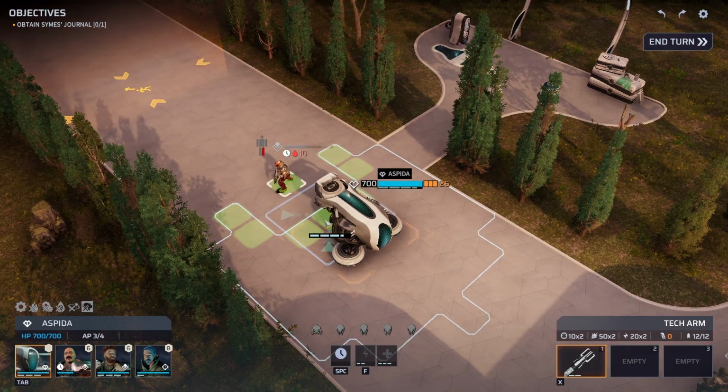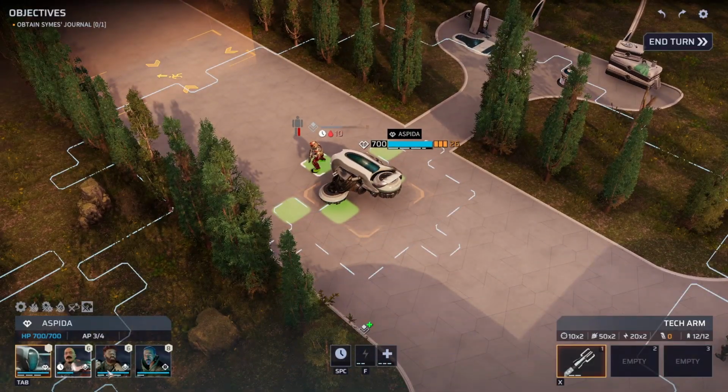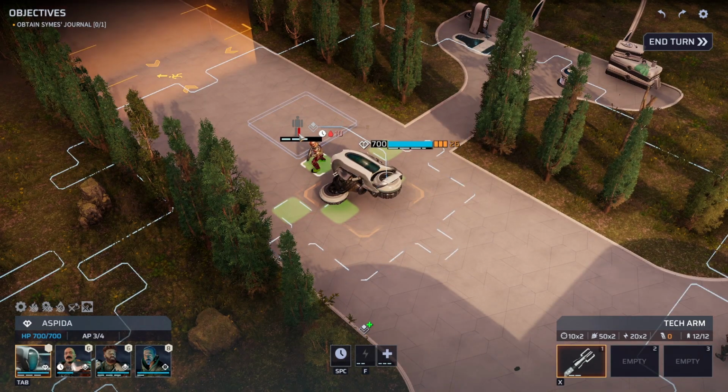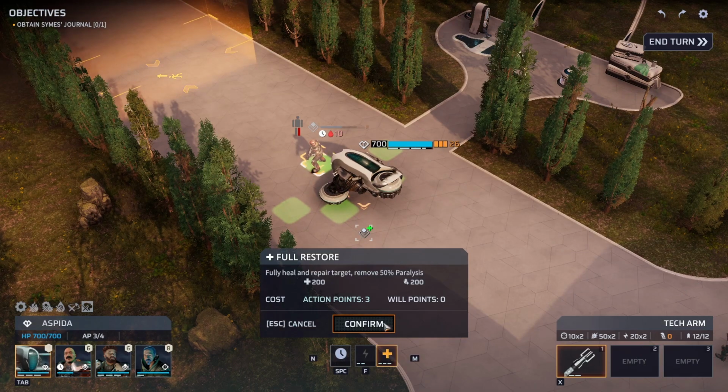So let's turn our guy back around here and get adjacent to him. And then we've got 3 action points still, so we can use our full restore capability. Now, if we look at our soldier, we can see he's got the red leg icon there, which means it's disabled, he's bleeding, and he's at about half health. So if we go ahead and use our restore ability here,